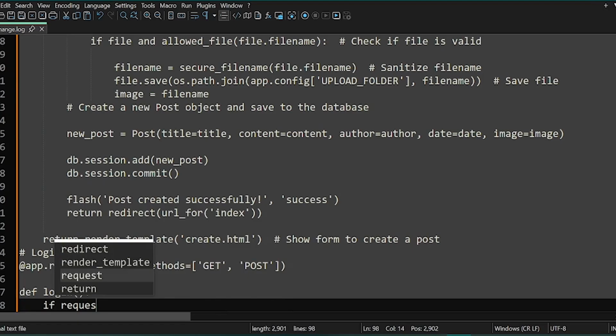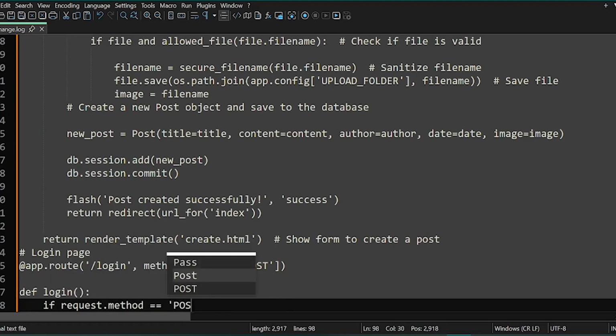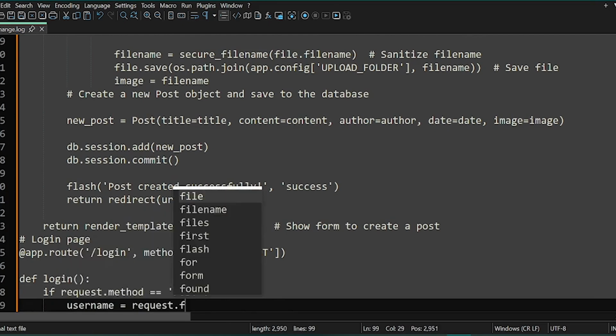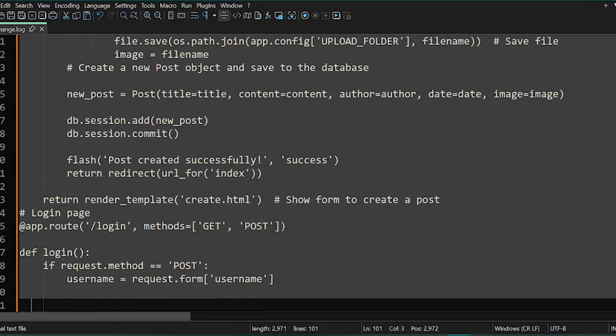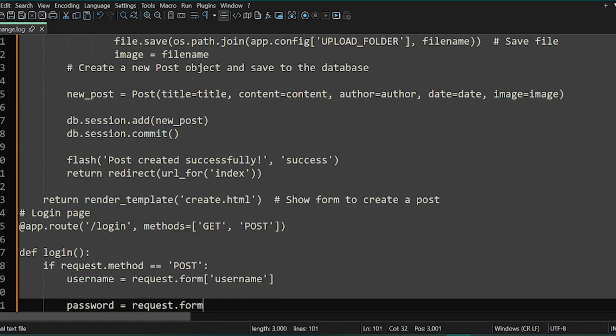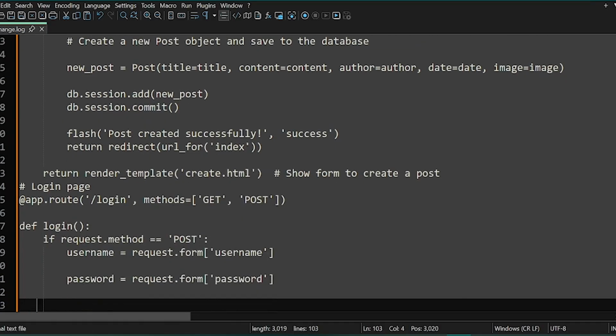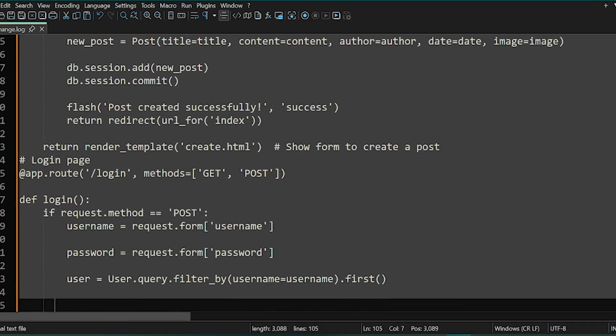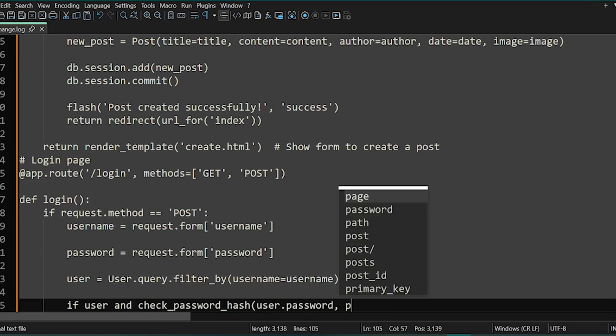So we need to define a login function that if request.method is equal to POST, then the username is equal to request.form['username'], and the password will be equal to request.form['password'], and user is equal to User.query.filter_by(username=username).first(), and if user and check_password_hash(user.password, password),